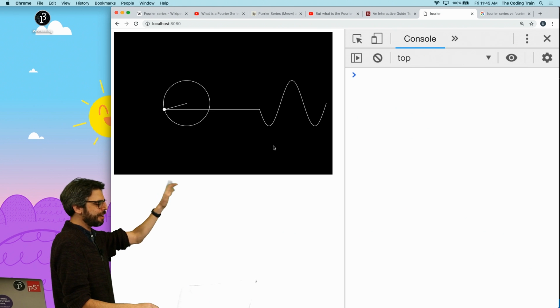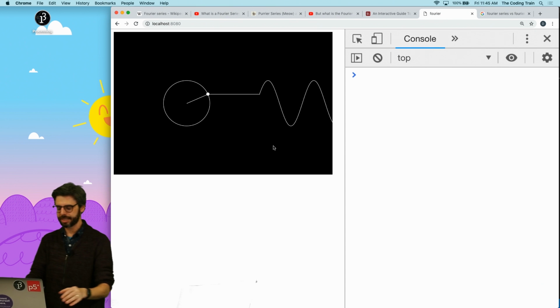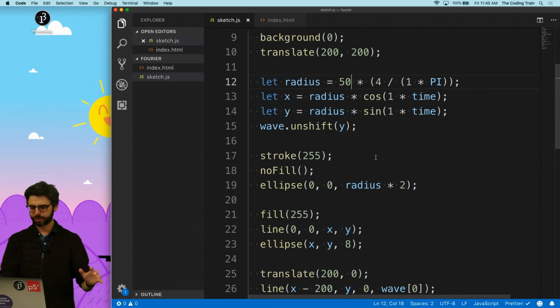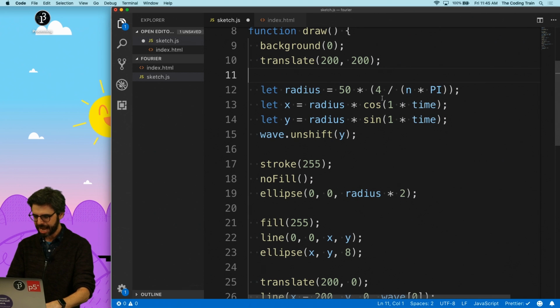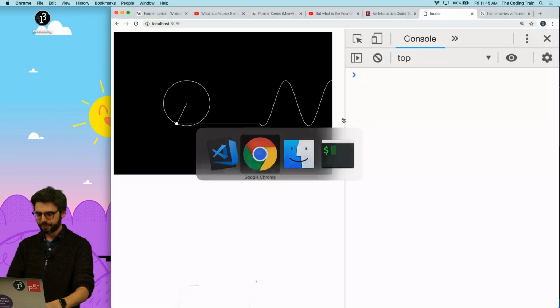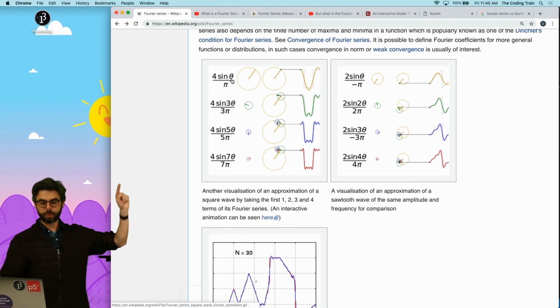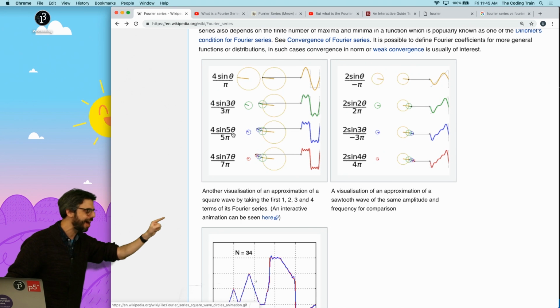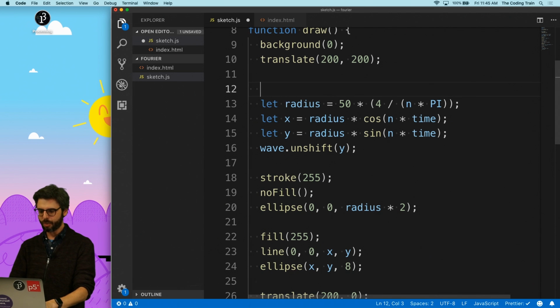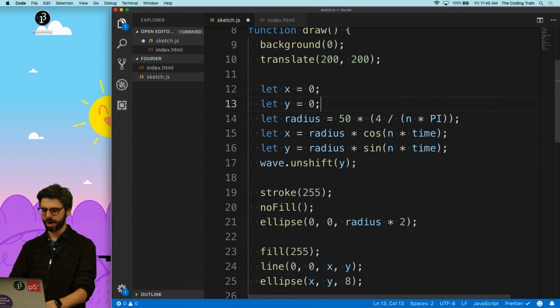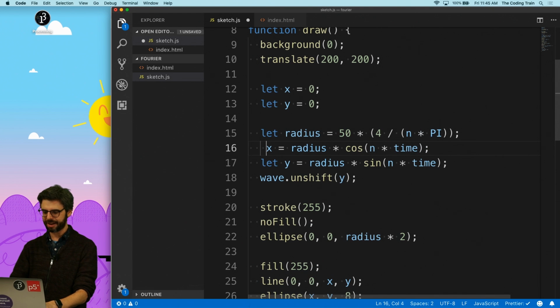Okay, so now I have that first circle. The reason why I am doing this, making all this work, is because I want this to be n. I actually want this to be a number that changes, right? First it's 1, then it's 3, then it's 5, then it's 7. That's not too hard to figure out, right? And what I want is to start x and y both at 0 and just add this stuff together. So x plus equal,